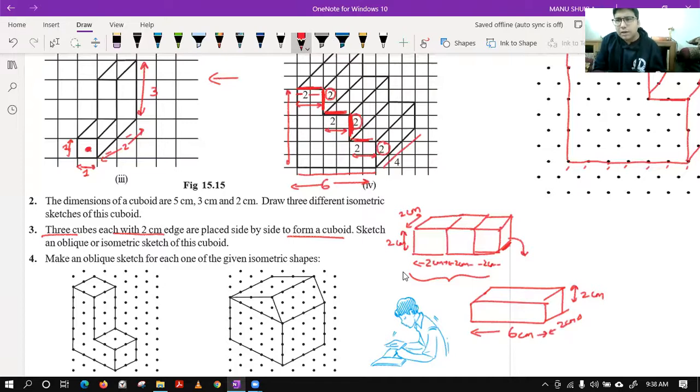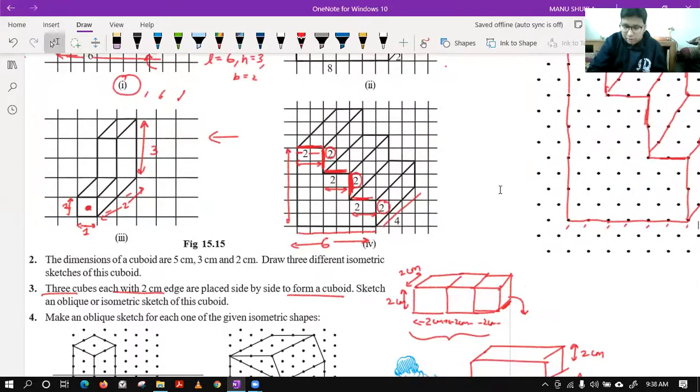Sir, what is height? Question 1, part 4. Okay. Actually, the height I didn't find by counting the number of blocks. It was asked by Tushita. Sir, but it is saying isometric, na? Okay, oblique or isometric, it depends on you.